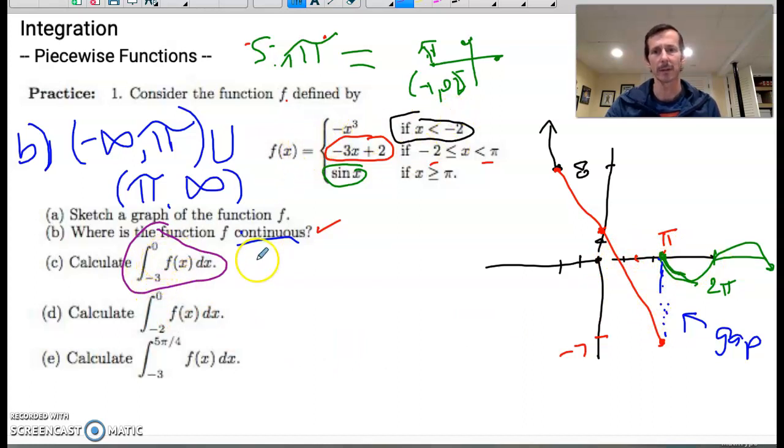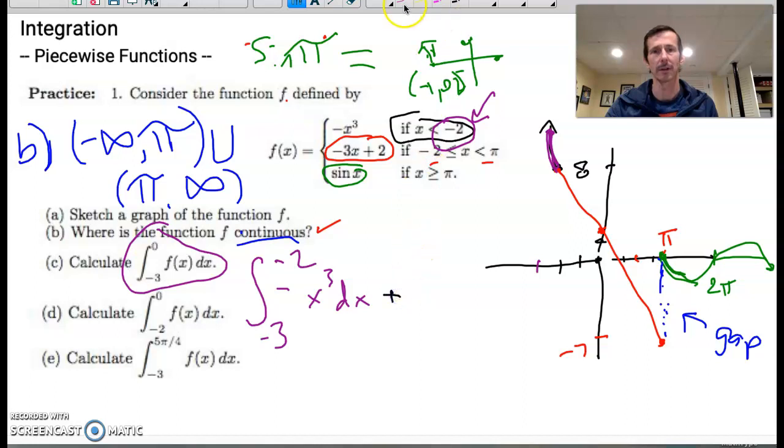But I have to be careful because notice that from -3 to 0, I've got an issue right here at -2. So this thing is going to become two pieces. That's why it's called piecewise. So I'm going to go from -3 until my first issue, which happens at -2. So from -3, which is right here, to -2, I'm going to integrate just that function, because after -2, this guy doesn't matter. So I'm going to integrate -x cubed dx plus,